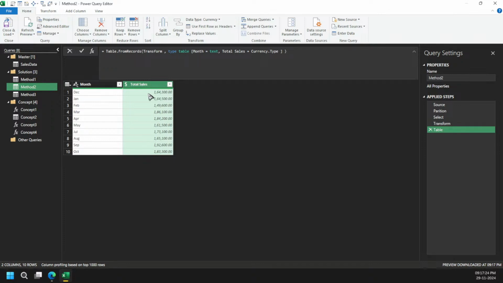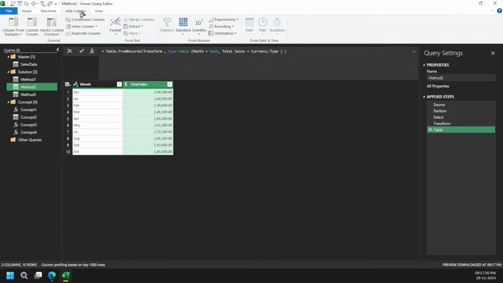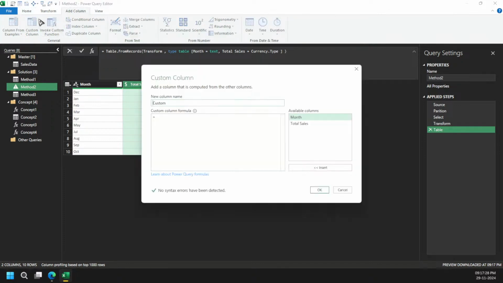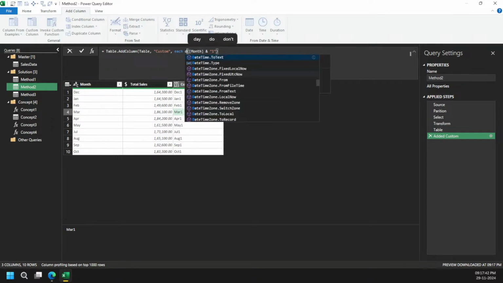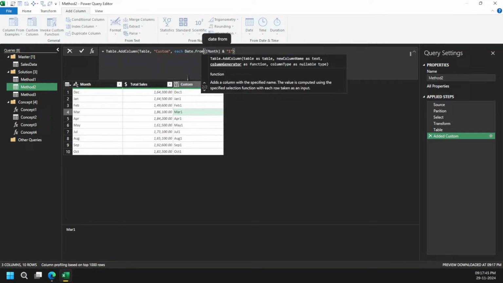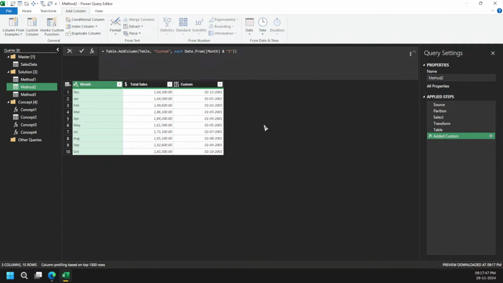Before going there, let me show you one more trick. I'm going to add a column so that we have an idea of what I'm going to do. So month name, written in text format, right? We have it this way. And now we can come here, and if I do it this way, Date.From, you can see it has converted them into dates. Got it? So months can be quickly converted to dates.